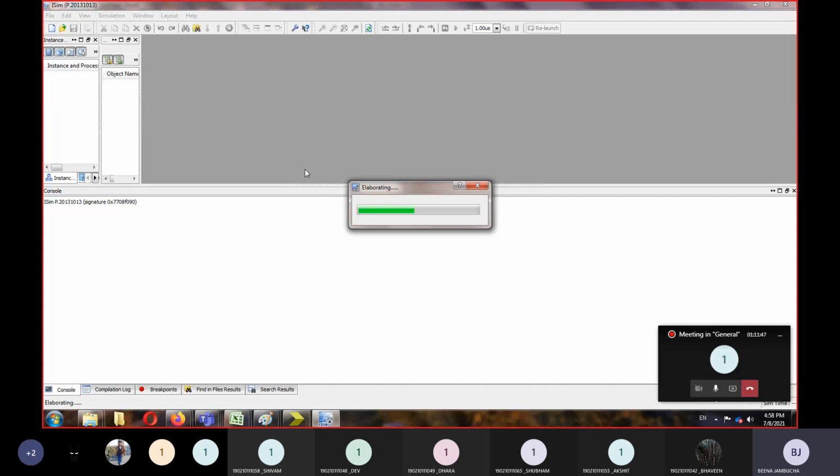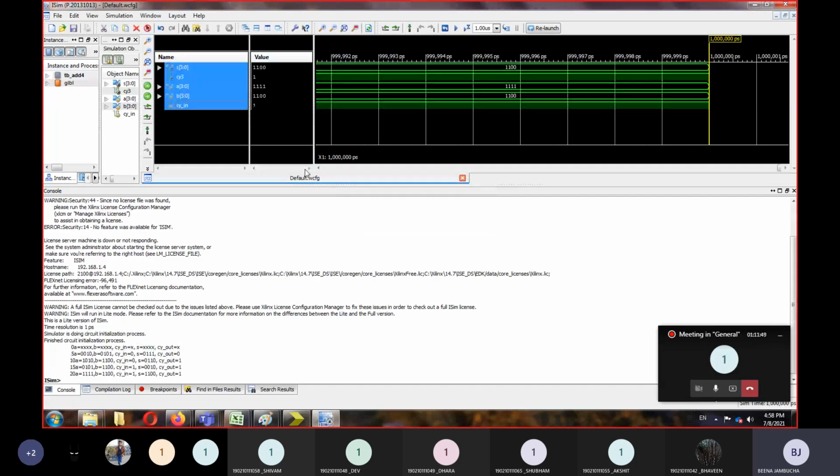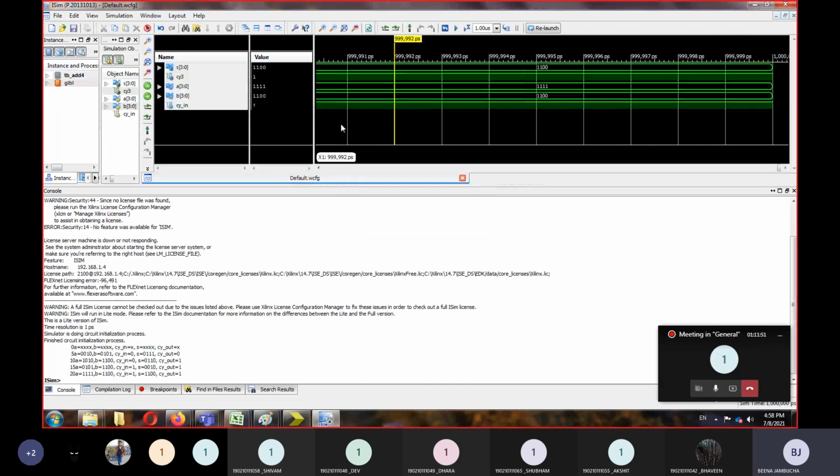It is taking some more time. Okay, so here is a table from where we have got the output. So you can see at 5 time units, A is equals to 0010, B is equals to 0101, carry in is 0. So whether S is correct or not, just check it out.